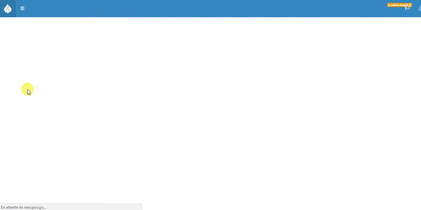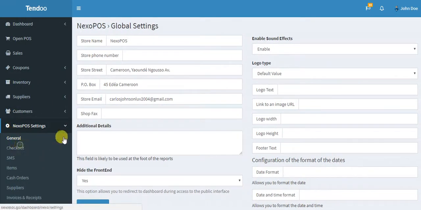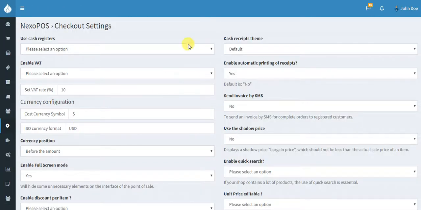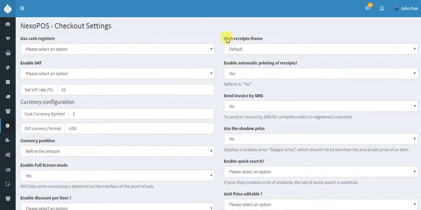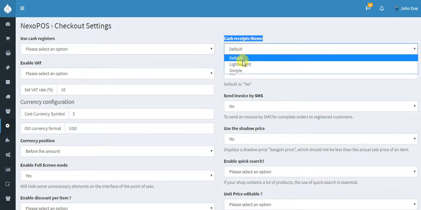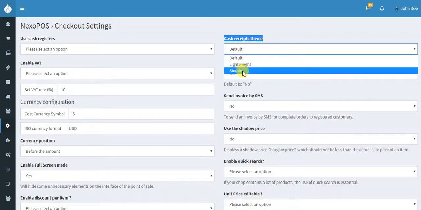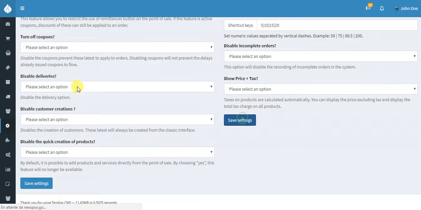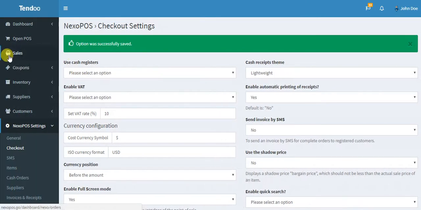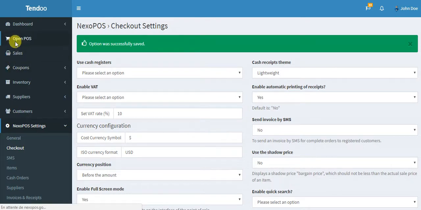It's general setting. Oh no, my bad, it's actually checkout setting. So you go to the checkout setting, and you see the cash receipt theme. You have the default, you have the lightweight, you have the simple. Let me select the lightweight and save the settings. Now go back to the POS and try to make a sale